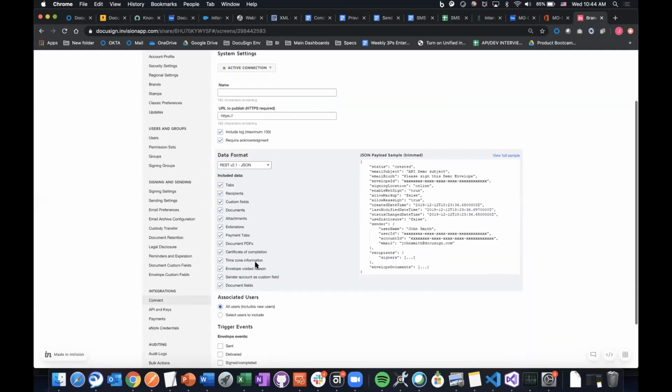And then in terms of the customization, you can see it's a lot. For those familiar with the v2.1 API, these are all the options that would mimic the include parameter. The include parameter is a new thing in v2.1 that allows you to fetch multiple embedded objects within envelopes, so that you only need to make one API call to fetch the envelope and its recipients and its tab data and its documents and all that sort of thing.